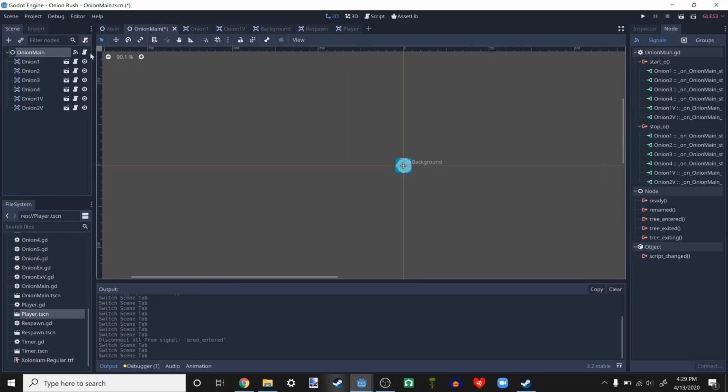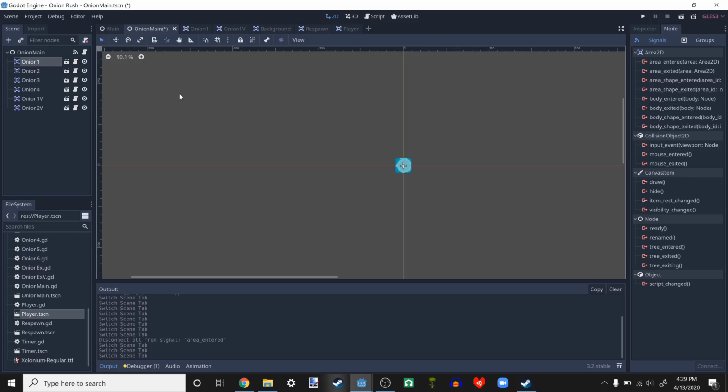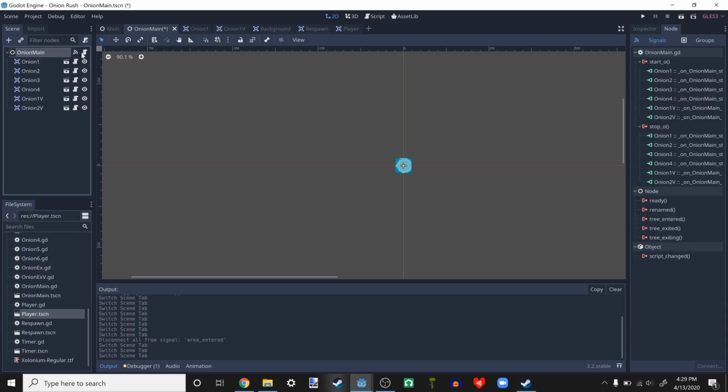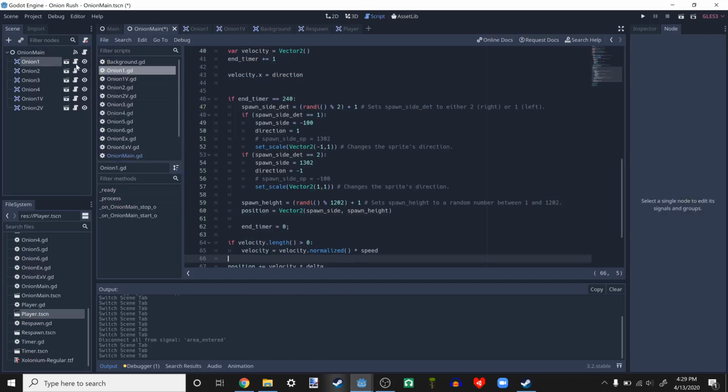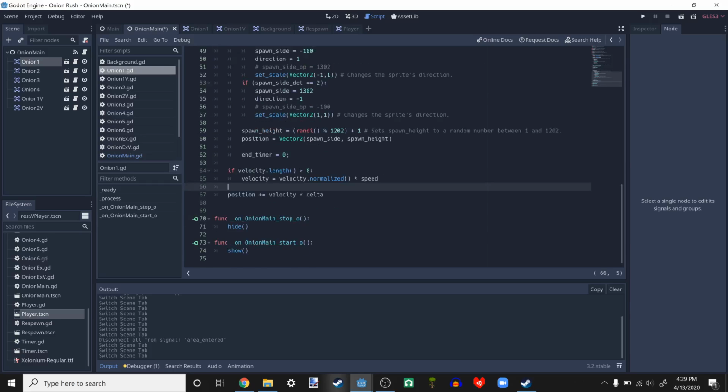Okay, right, I'm good. So, anyways, when onion main receives a stop signal from the player, it is going to emit the stop O signal to these onions. And let's go to the onion 1 script. I will explain all this shortly. We have on onion main stop O, then it's going to hide, and it sends all of these things to here. And so if we play it,